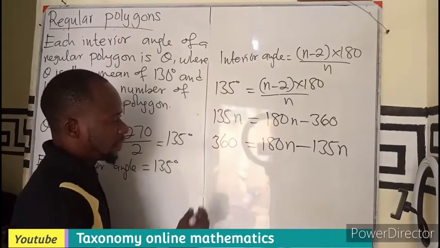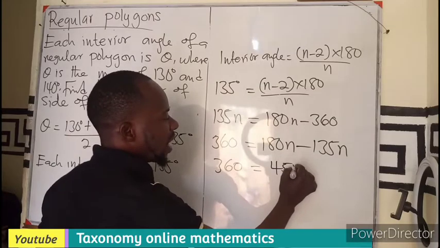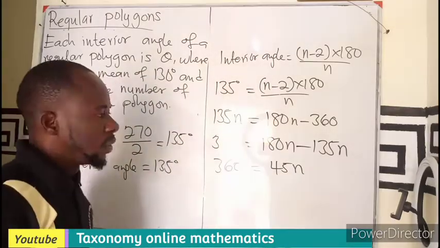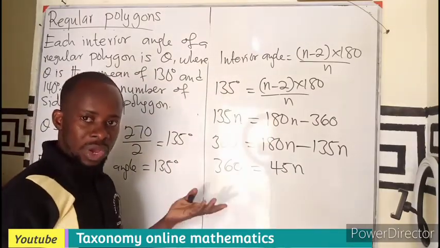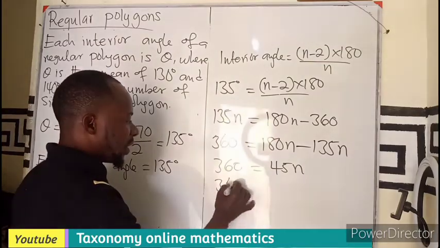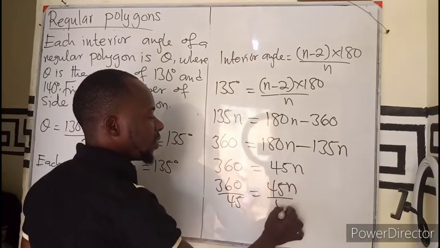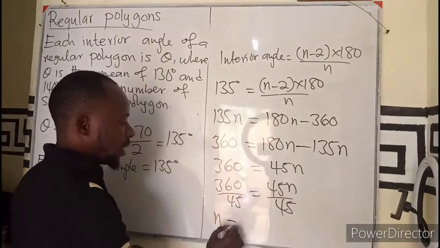We add 45, so we are going to have 360 equals to 45 what? n. So now what do we do? We are looking for n, right? So we divide by the coefficient. So 360 over 45, 45n over 45. So n is going to be